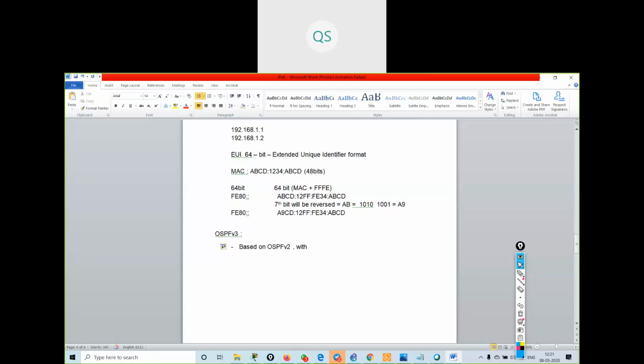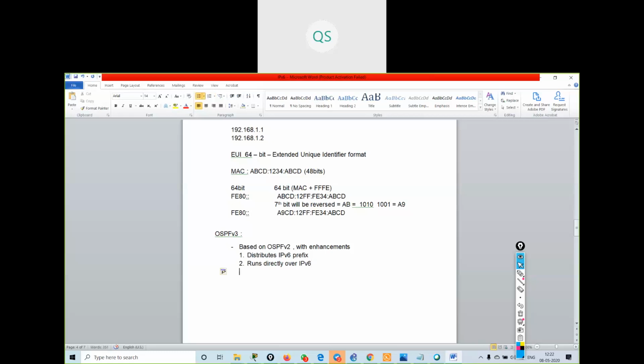The area concept and all the things are based on version 2, just with enhancements. It distributes the IPv6 prefix, and it runs directly over IPv6.